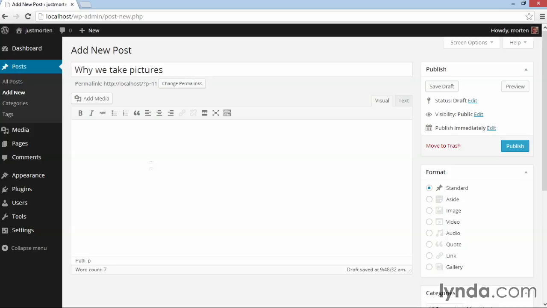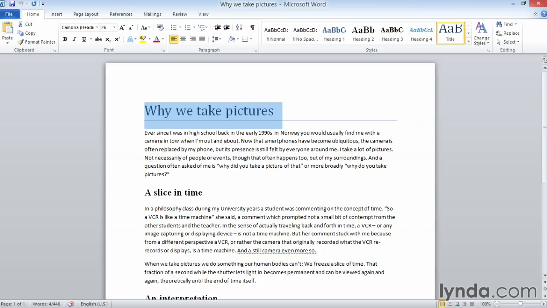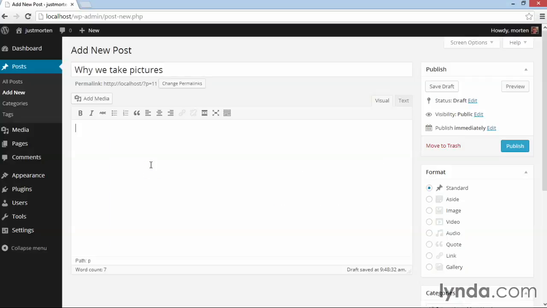Now, to save you some time, I've already written a post, so you don't have to watch me write the whole post. But I wrote that post in word processing software, in this case Microsoft Word. And now I need to grab the content from the post and put it into WordPress. Now I know the inclination here is to simply highlight all the content in Word, copy it, and then paste